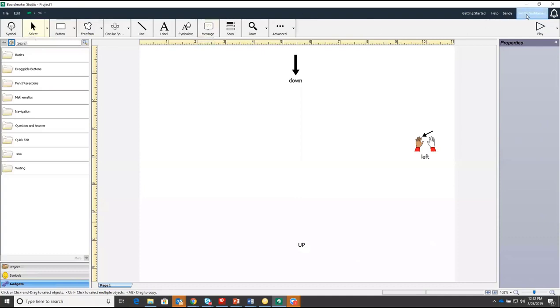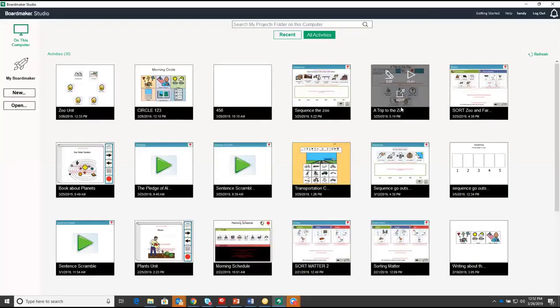I'm going to go back to the dashboard and let's take just a minute and talk about the associated Boardmaker Online account. So we can see the activities that we've looked at today, that zoo unit that we made. And remember, when we're here on this computer within Studio, we can see